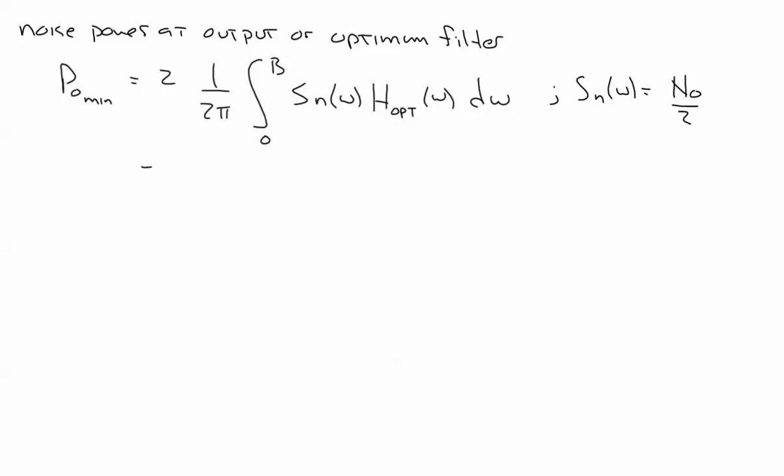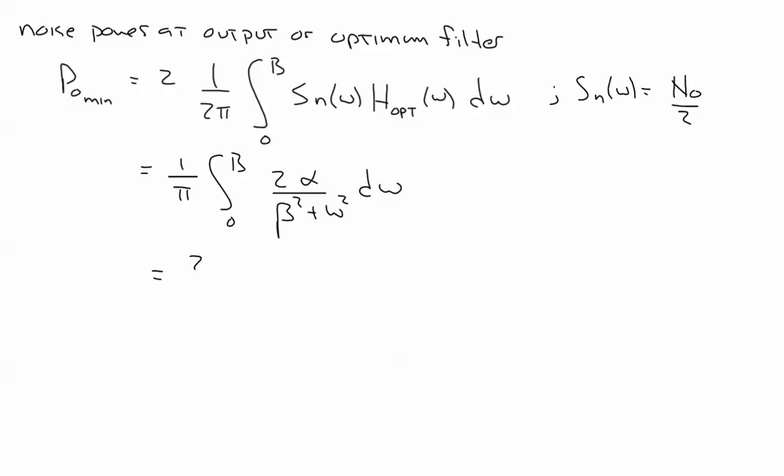All right, so this becomes 1 over pi, integral from 0 to b, 2 alpha over beta squared plus omega squared d omega,